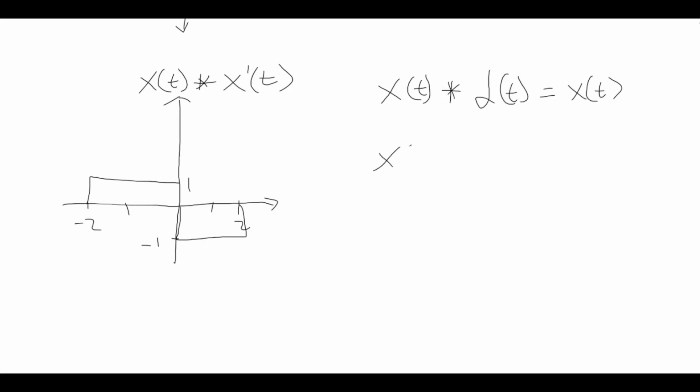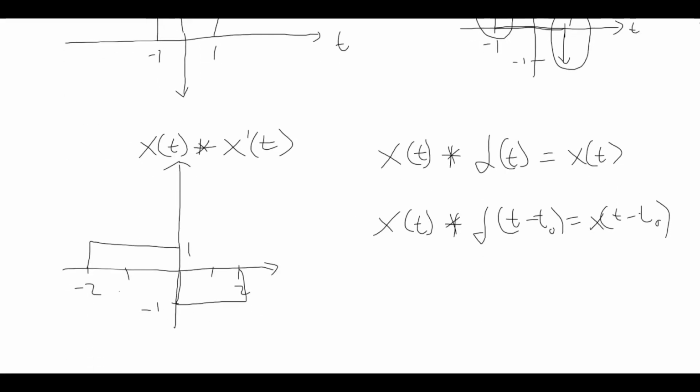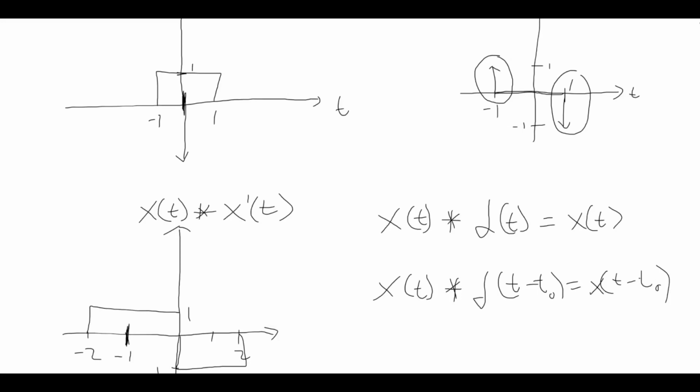And any function of t convolved with a Dirac delta with a time delay is going to equal itself with the time delay. So from this function right here, we can see that we have two Dirac delta functions. We can take our first one at minus 1, which can be our center focal point as if we were at the origin right here. And we are simply multiplying our x of t